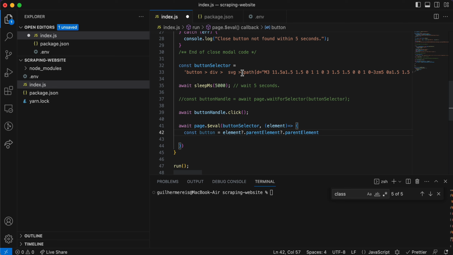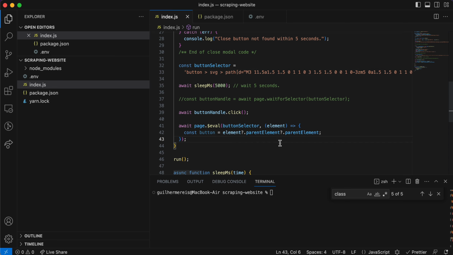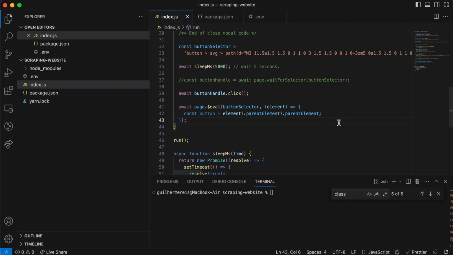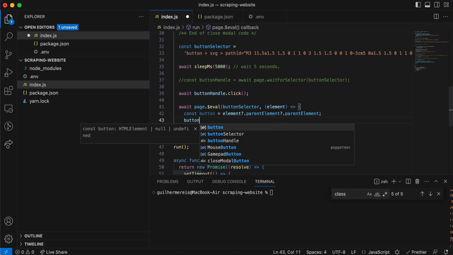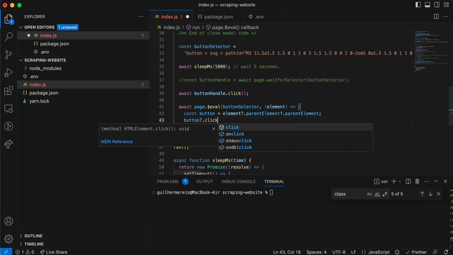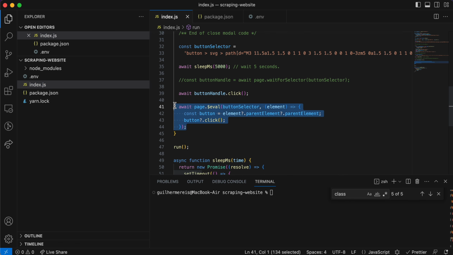So then the parent of the path is the SVG, and then the parent of the SVG is the button, right? So yeah, so you just do await button. You don't even need a wait. You can just button dot click. And yeah, so this is